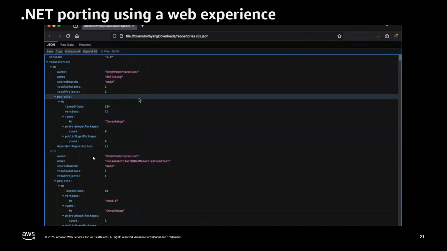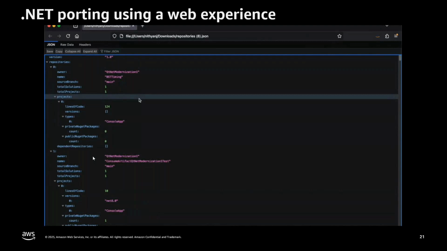One more interesting thing which I will show you in just a second is when AWS Transform is transforming your .NET code to .NET 8, it will try to understand what NuGet packages are going to be replaced with what are the NuGet packages in .NET 8. But if you have private NuGet packages, there is no way for AWS Transform to modify the code, and you can potentially run into build errors.